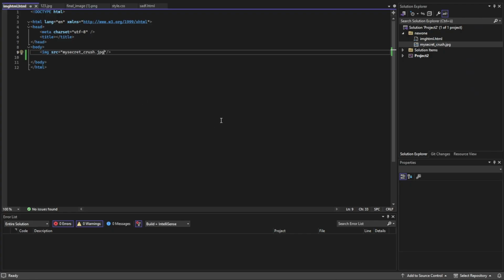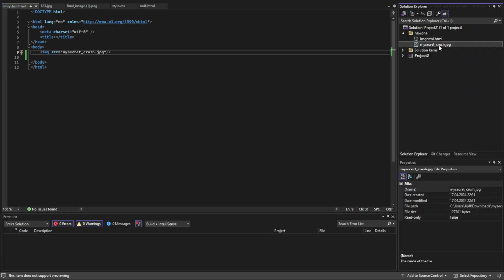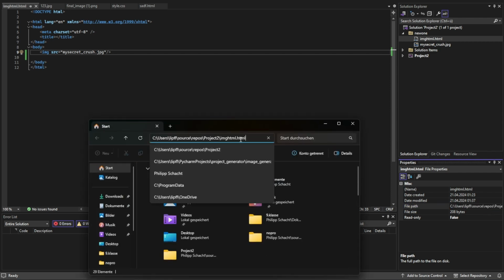Okay. If you're using Visual Studio, just be sure that the image is really in the same directory as the HTML file. To make this sure, just click on your HTML file, go to File Path, and copy this path inside your Windows Explorer, like this.